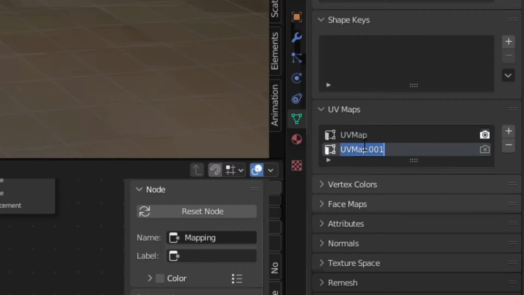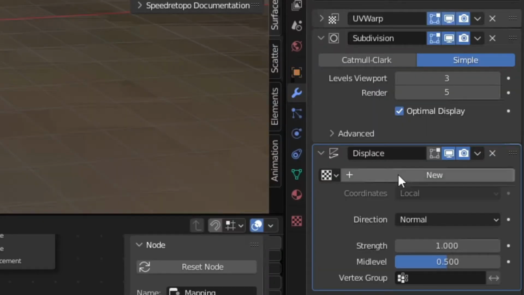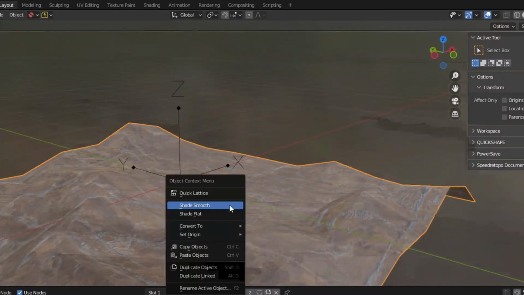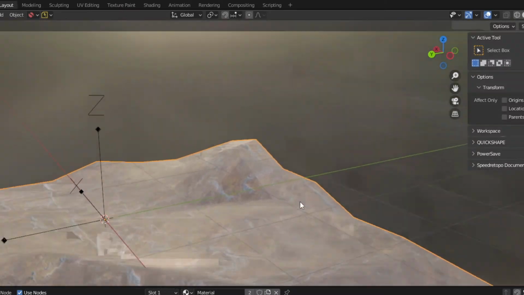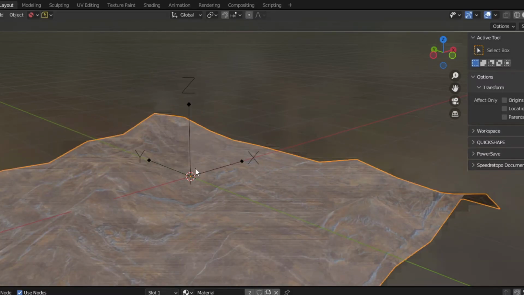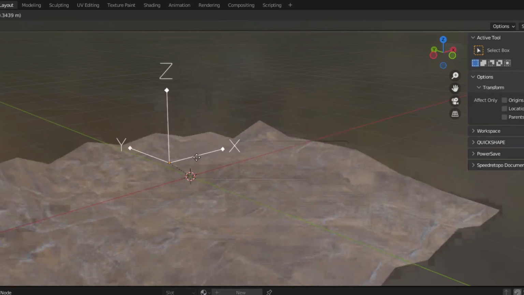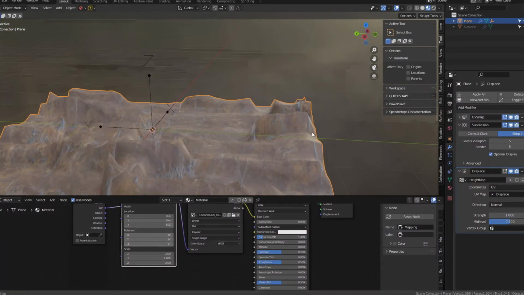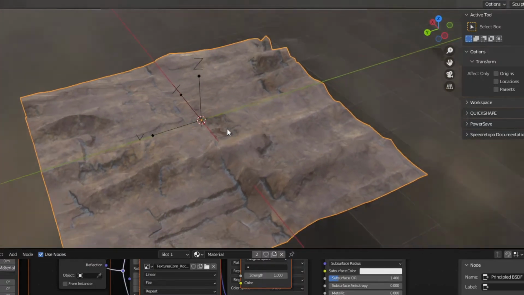I'll quickly give it a Displace UV map, create the same modifier stack, assign the material, and oh, there we go. Much better. And it works exactly the same. We can make this even easier by parenting the empty to the model so we can move it around without automatically adjusting the displacement. You can turn up the subdivision levels to get a better idea of what this should look like. I'll also add the material's roughness and normal maps for good measure. Now that's what I'm talking about.